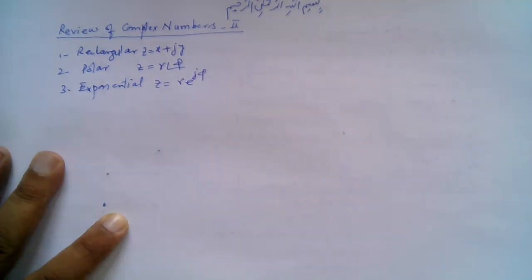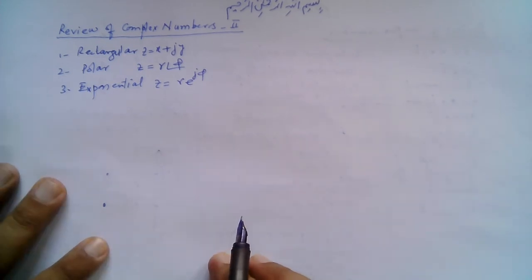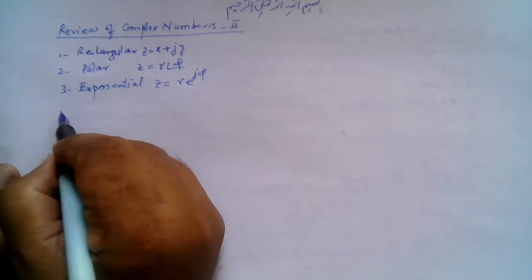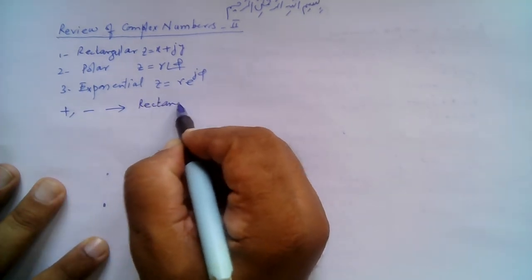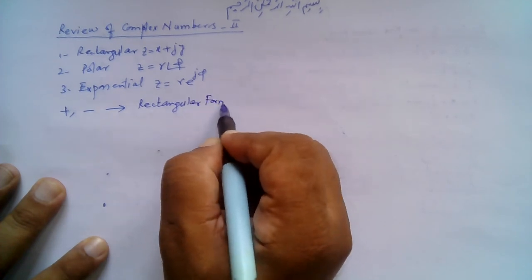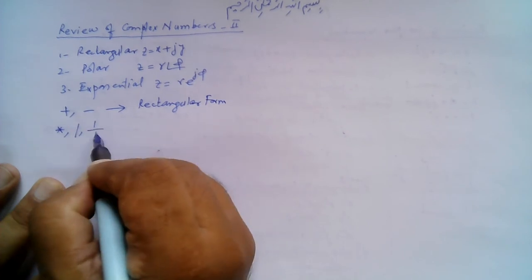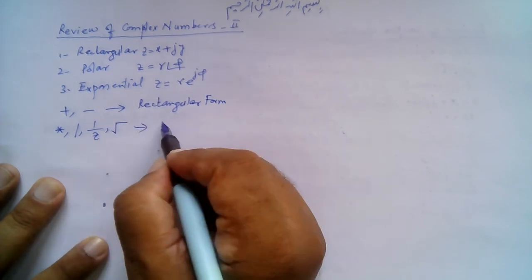So all these forms can be converted from one form to the other, right? And actually, why do we use all these three forms for complex numbers? The answer is that some forms may be suitable for certain operations, and the other forms may be suitable for certain other operations. For example, addition and subtraction are better done in rectangular form, right? And then multiplication, division, and taking the reciprocal and the square root, the suitable form is, for example, polar